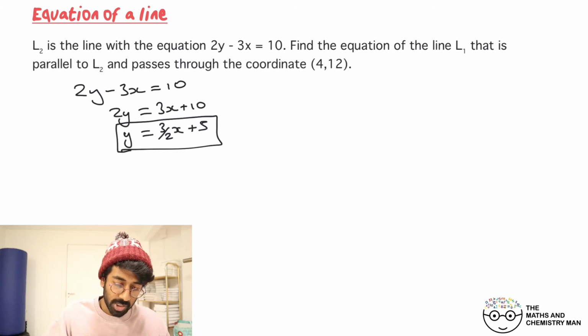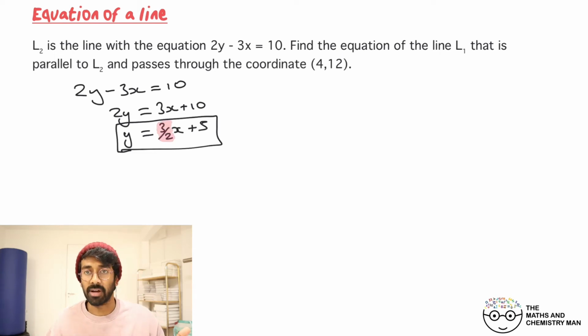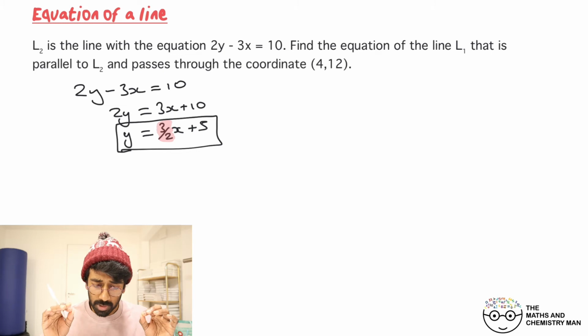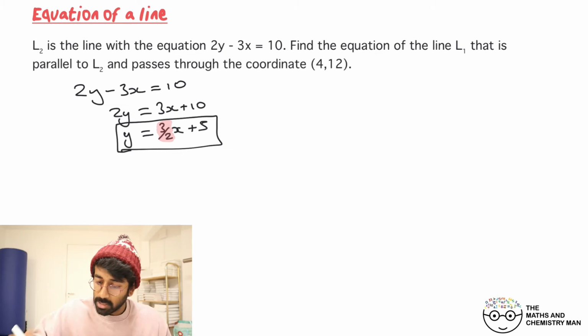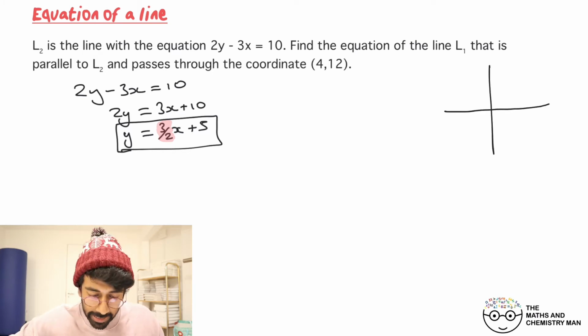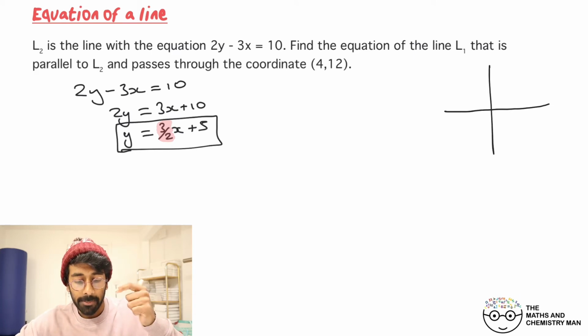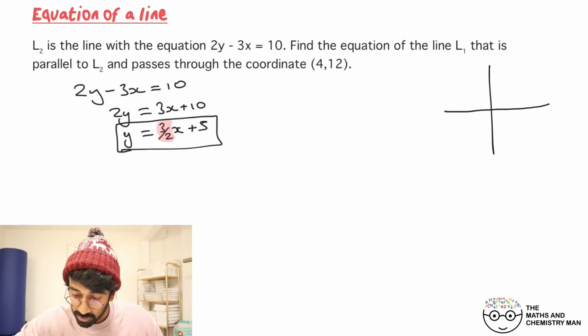And what information we can get from there is that the gradient of this line is 3 over 2, or 1.5, whichever you want to go with. So we've got the gradient. Now let's make a sketch of what's going on here. So we've got an axis here. This line has a positive gradient, firstly, and it passes through 5 on the y-axis. So its y-intercept is 5. If I put this here as 5, and then just draw a line with a positive gradient,